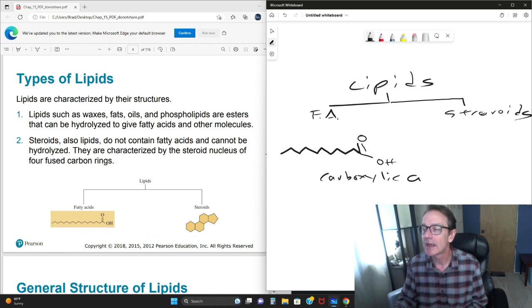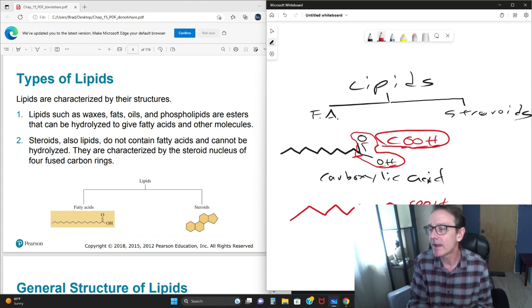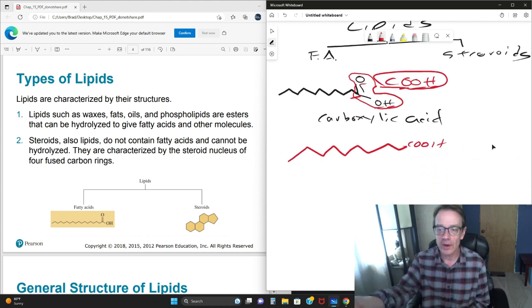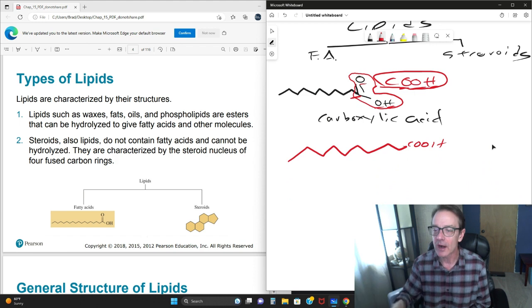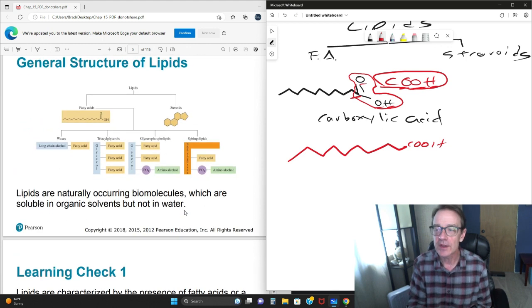Carboxylic acid is indicated by this carbon and those 2 oxygens right there, oftentimes abbreviated as carbon, oxygen, oxygen, and then that hydrogen. So you often see a chain of carbons ending in COOH, and there you have an example of a fatty acid. And steroids, like we mentioned, all start with those 4 rings, the 3 hexanes and the pentane. Now to further subdivide,